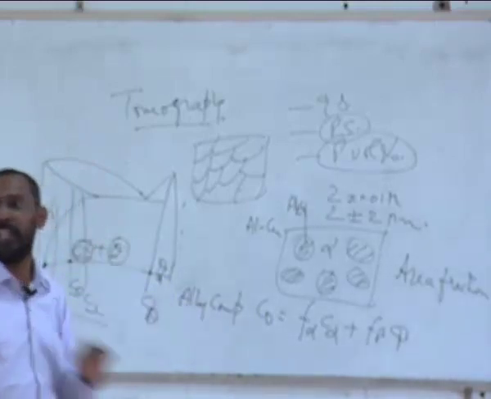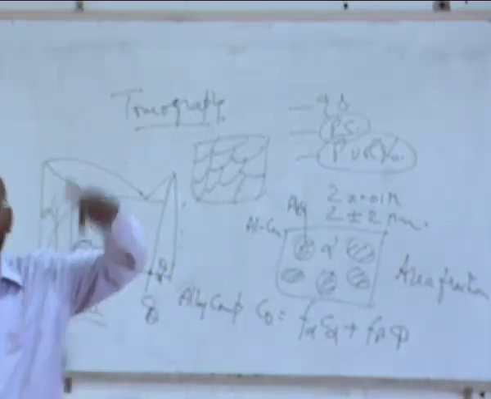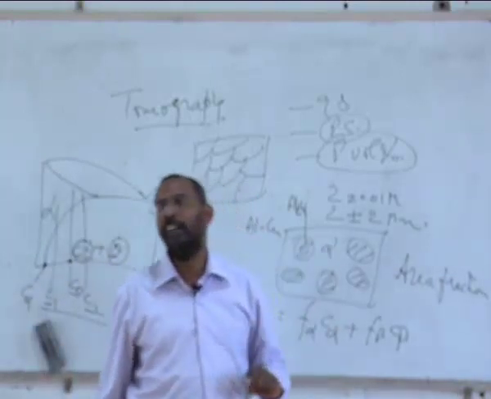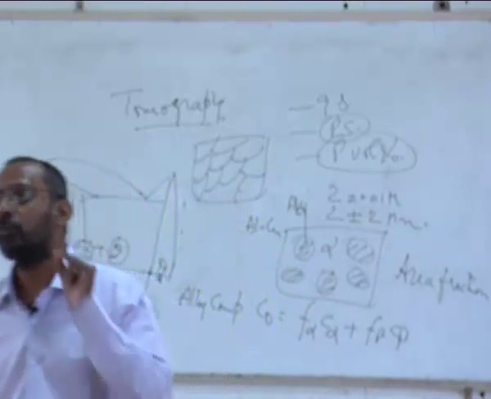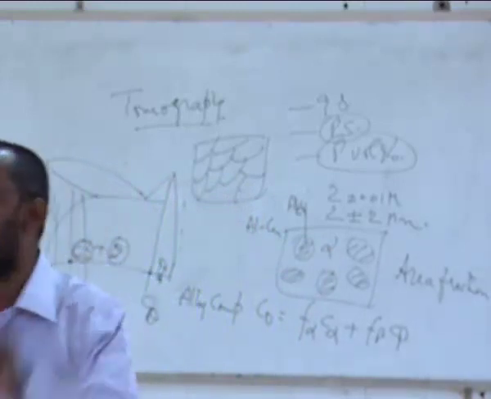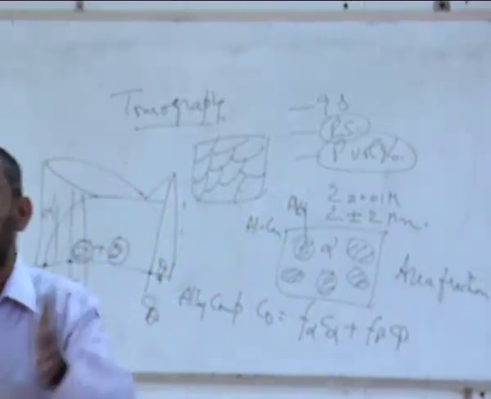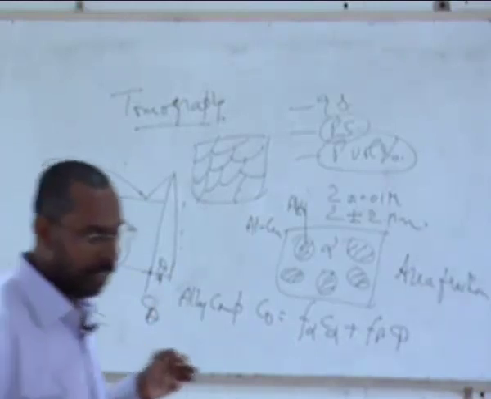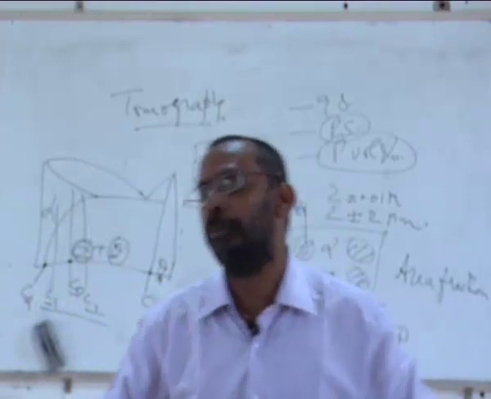Similarly, I can also find out the composition of only the Al2Cu, the composition of only the alpha. There are techniques which are called spectroscopy techniques. We will talk about them as we go along. We are now talking about microscopy. After the microscopy, we will go to the next topic a little later, which is called spectroscopy.